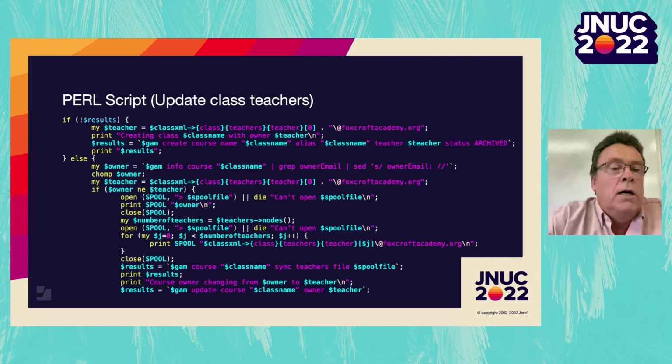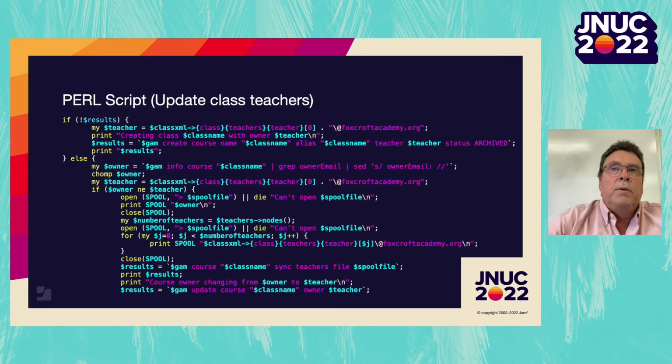If results wasn't empty, that means there was a class. And then it gets a little interesting in that we have to do a little check here. What can happen is between semesters, a teacher of, say, a biology course may change. So over in Jamf Pro Server, the teacher may have changed. And now when I'm trying to sync it with the Google Classroom in Google Workspace, I have to update the teacher. And this is where things get a little